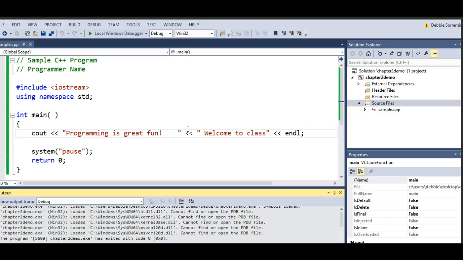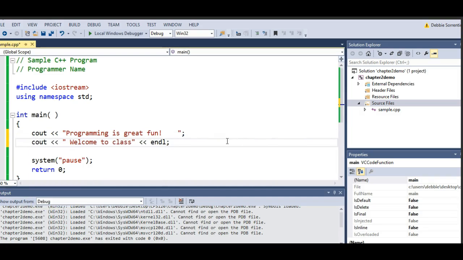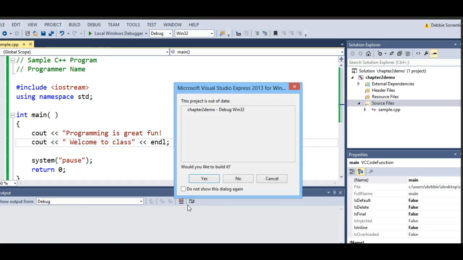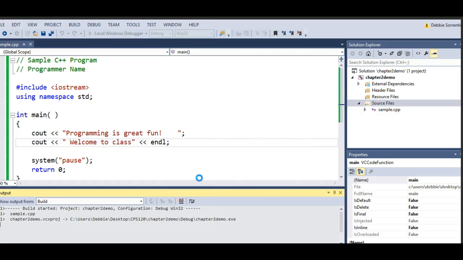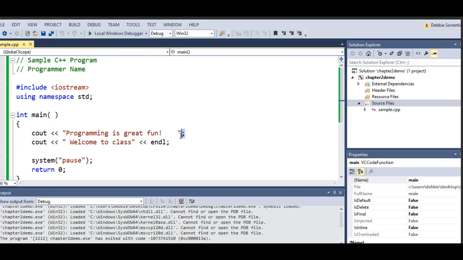In addition, you can break this into more than one cout statement if you choose. This is really your option. But for every cout statement, you're required to have a semicolon at